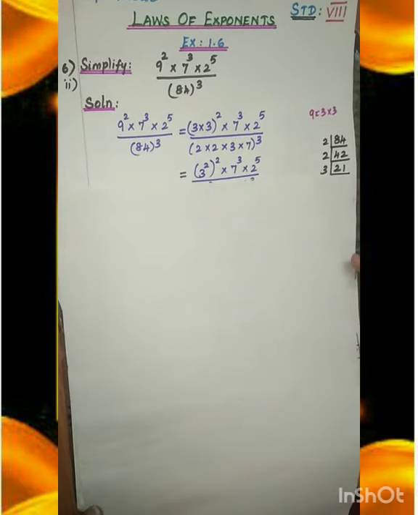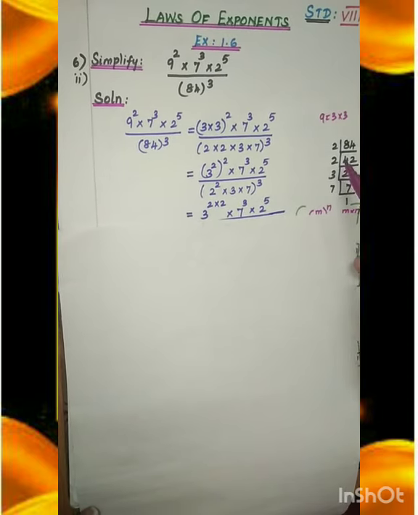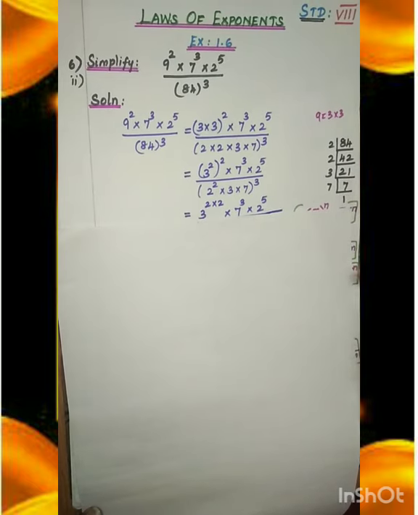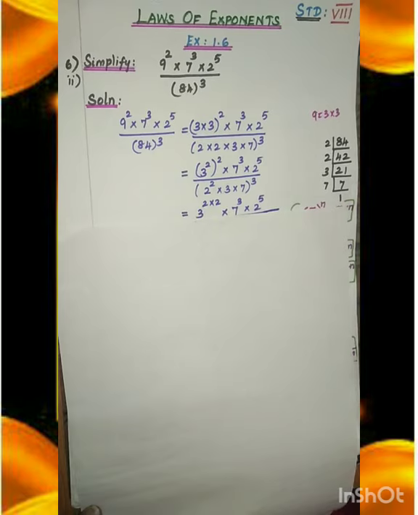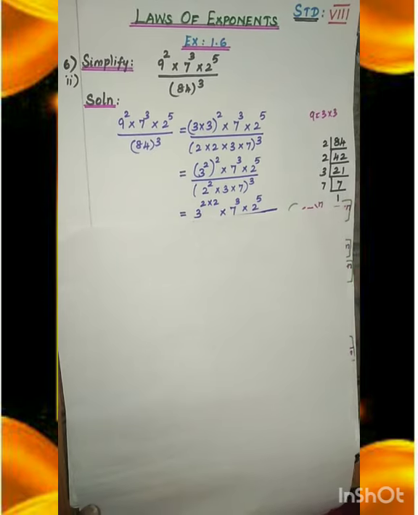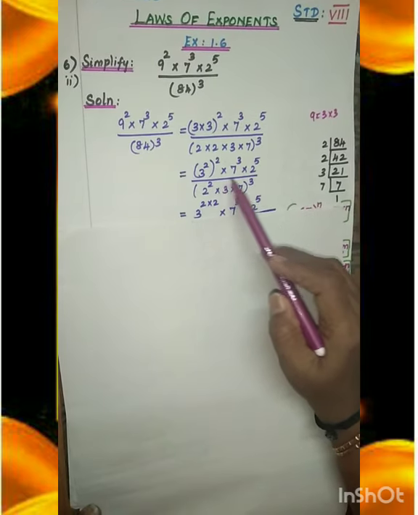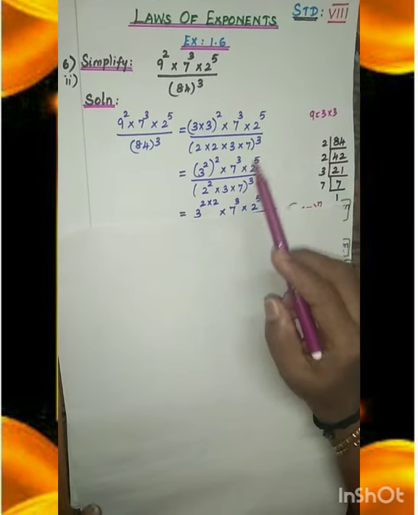So we can find the prime factors of 84. 84 is divisible by 2, so we have started with the second table. 2 42s are 84. Then 2 21s are 42. Then 3 7s are 21. Then 7 1s are 7. So we can write all the prime factors in the denominator inside the bracket. So 2 into 2 into 3 into 7, the whole power 3.